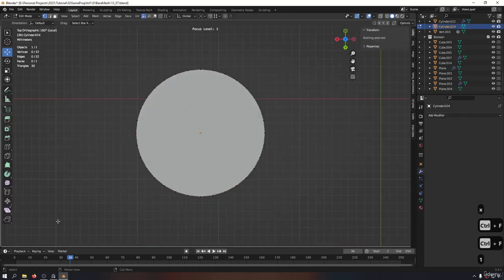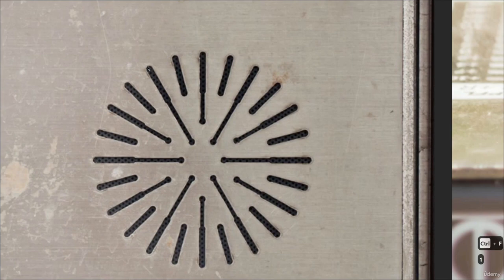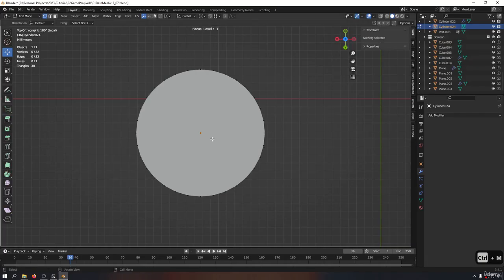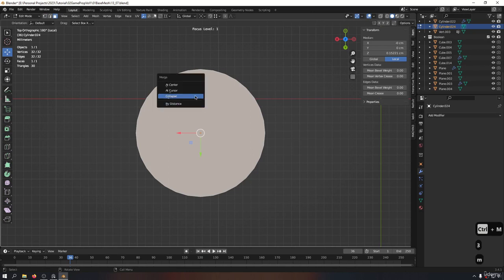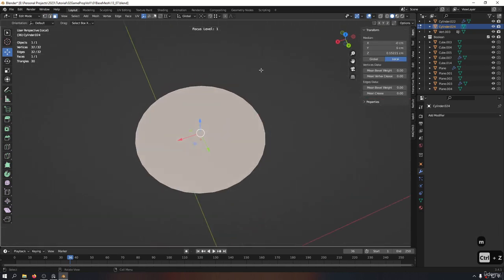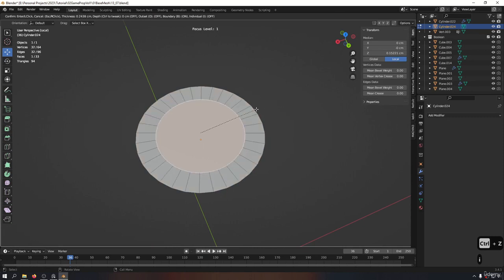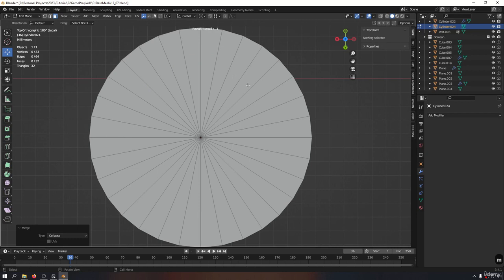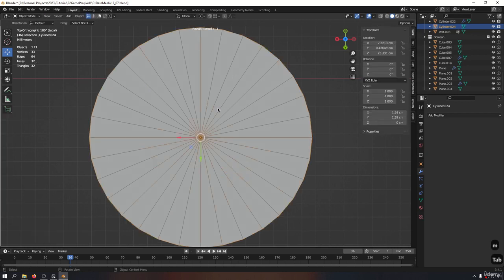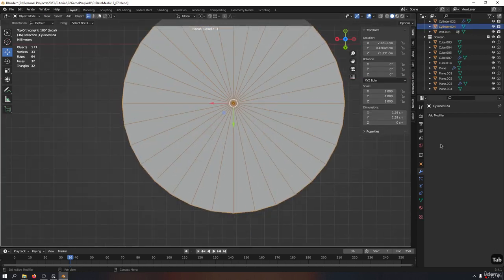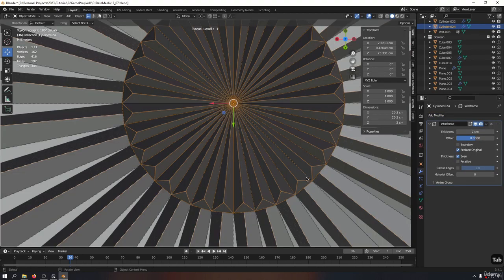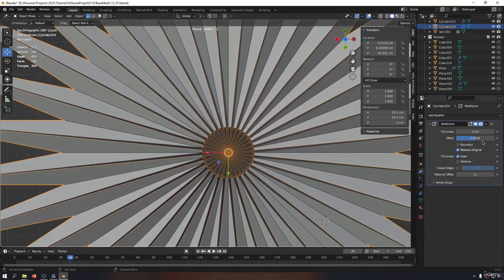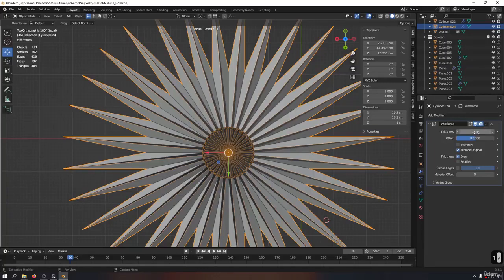Now in order to get that shape that we see in here, you see all of the edges are moving towards the center. We could select this face and hit M and collapse. No, let's hit I to create an inset to create those edges, and then we have this face, M collapse. You see now all of those edges are moving in the same place. Now in order to separate these edges, we could go in here, add the wireframe. Okay, now this is going too far. Let's set it to 1 or 0.1